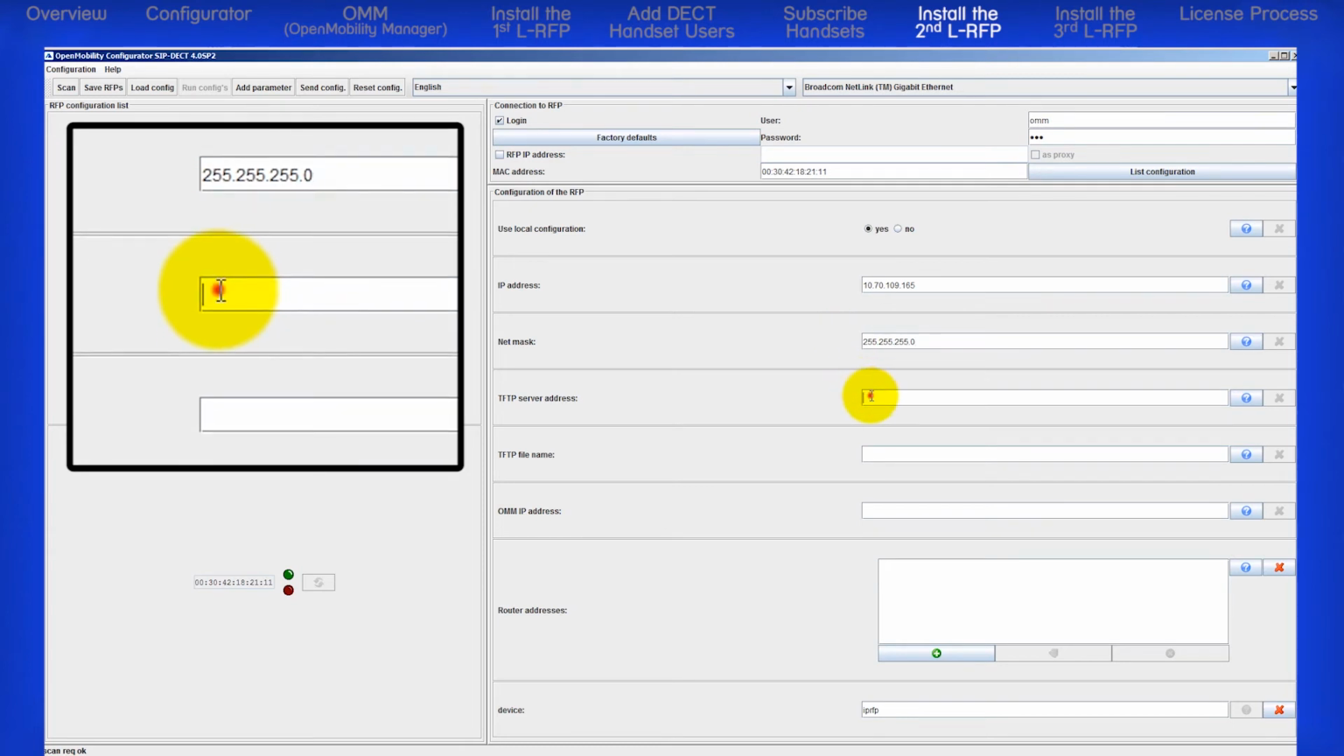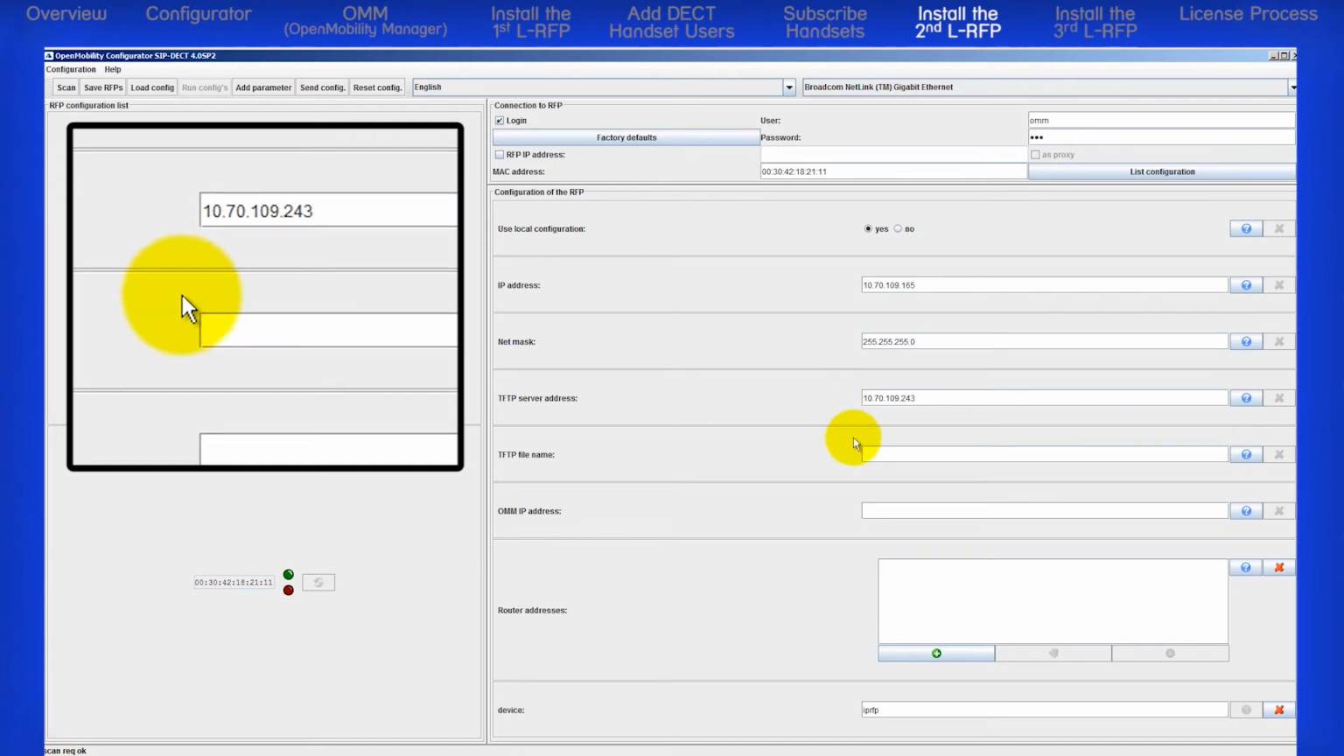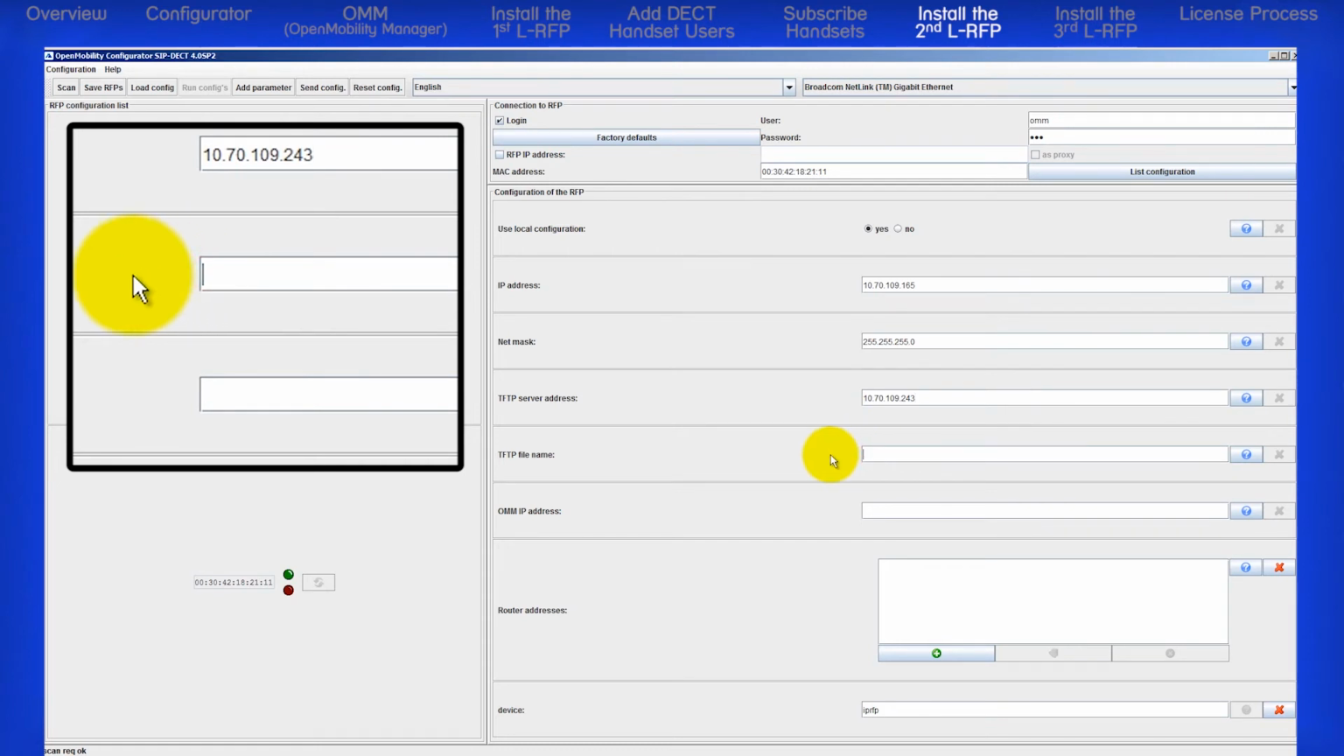Enter the TFTP server address. I am going to use a standalone TFTP program, so I will enter my PC's IP address. Enter the TFTP file name. Again, for RFPs L35 and L36, it is IP RFP 3G.dnld. Enter the OMM IP address, which was the IP address of the first RFP we installed,